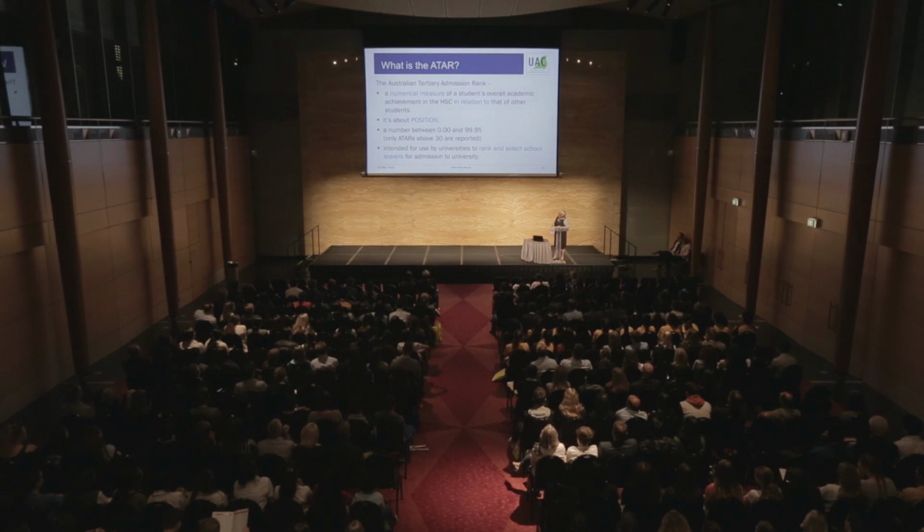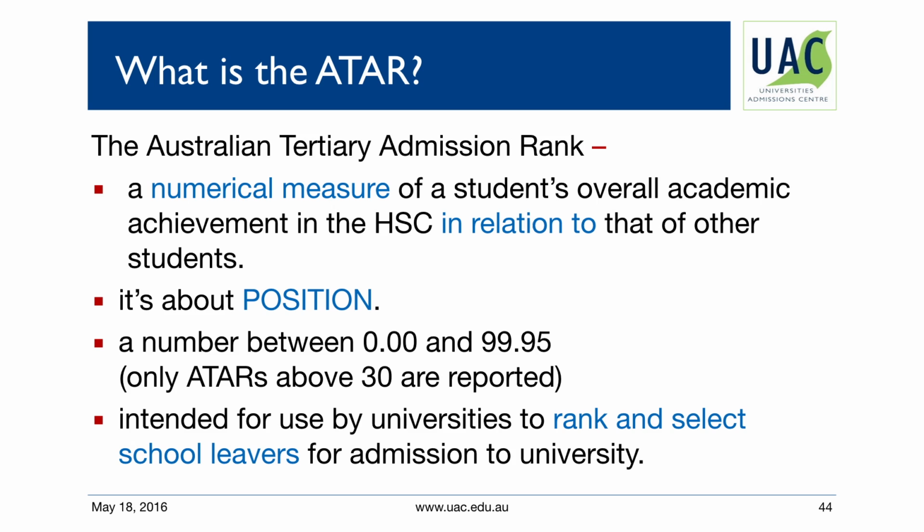It is all about position, as I've said. And when you get your ATAR notice, only students with ATARs of 30 and above are notified of the particular number it is. Anyone less than that, unfortunately, doesn't get to know. And once again, saying what Jonathan has said, it is only used for university entry, and that is it. We have had employers ring UAC and ask for a student's ATAR in regards to a particular employment. Terrible. Of course, they don't get it, and the ATAR is surrounded by privacy.